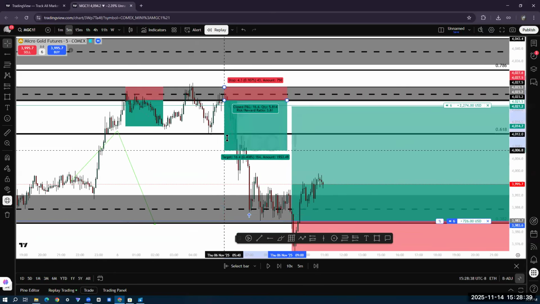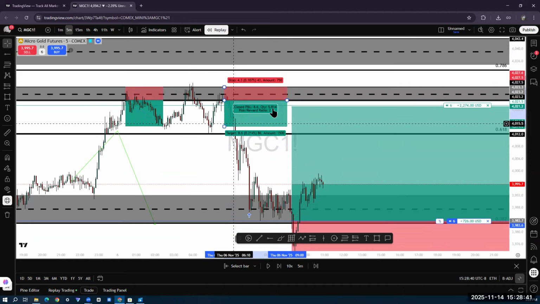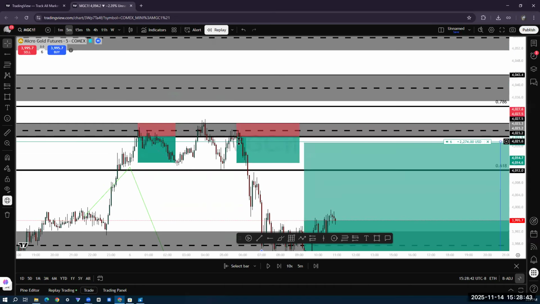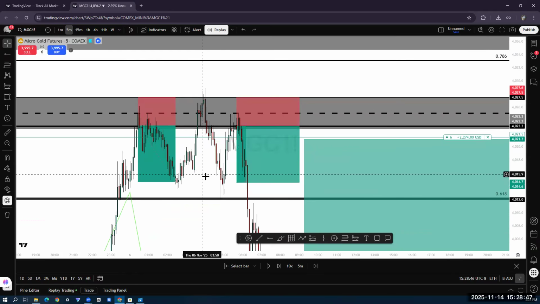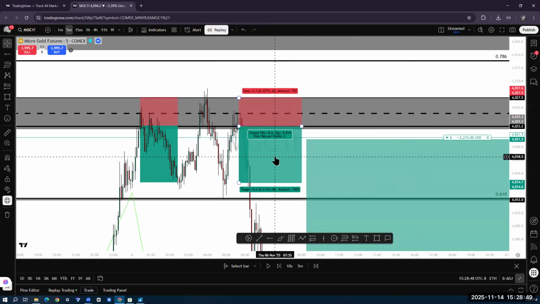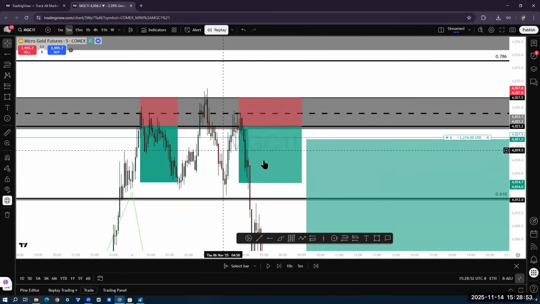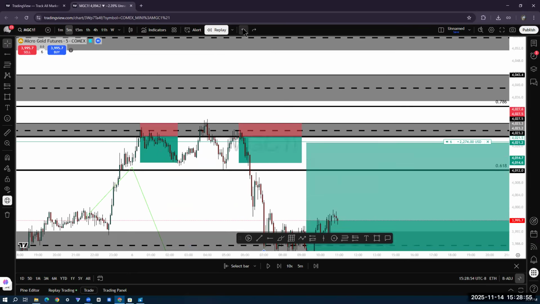Take profit hit. I'm targeting a 1 to 2. This trade hit TP in 5, 10, 15, and 20 minutes. So you see what I'm saying? That's the difference. This trade took 2 hours. This trade took 20 minutes. It's very much so possible. So, does that make sense now?